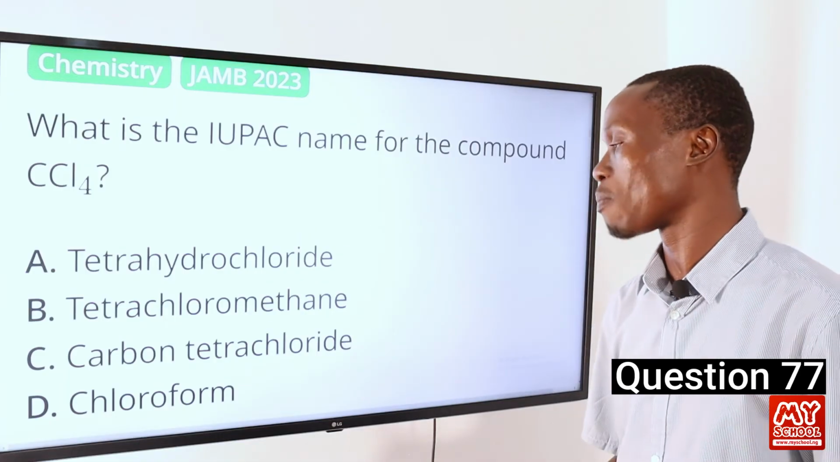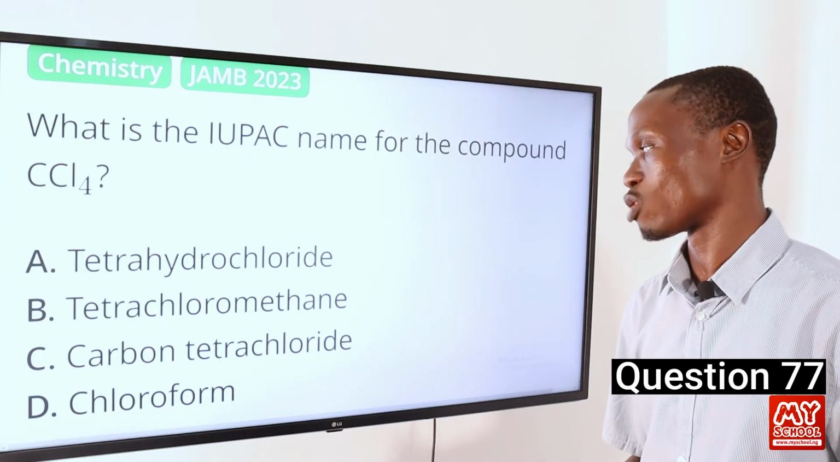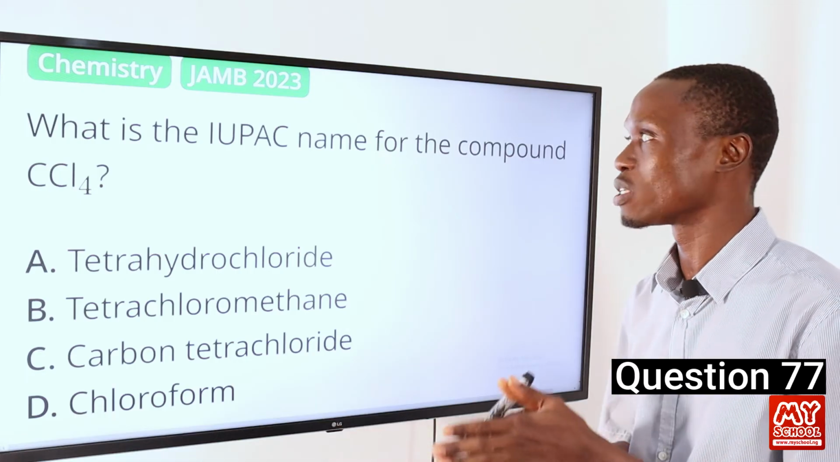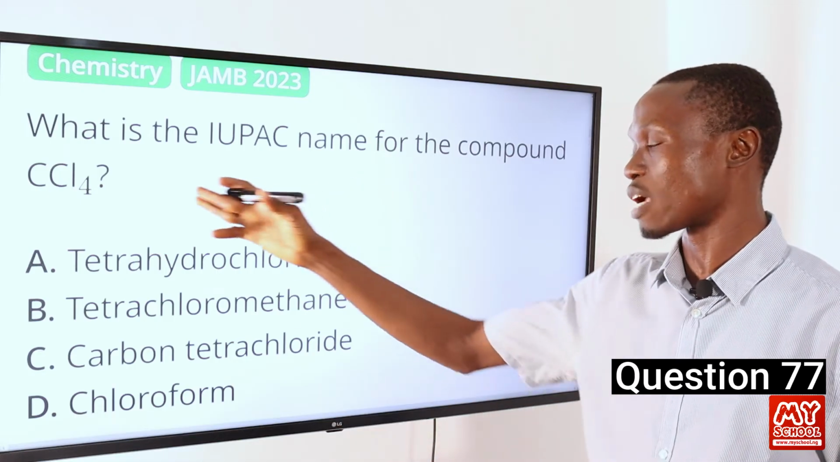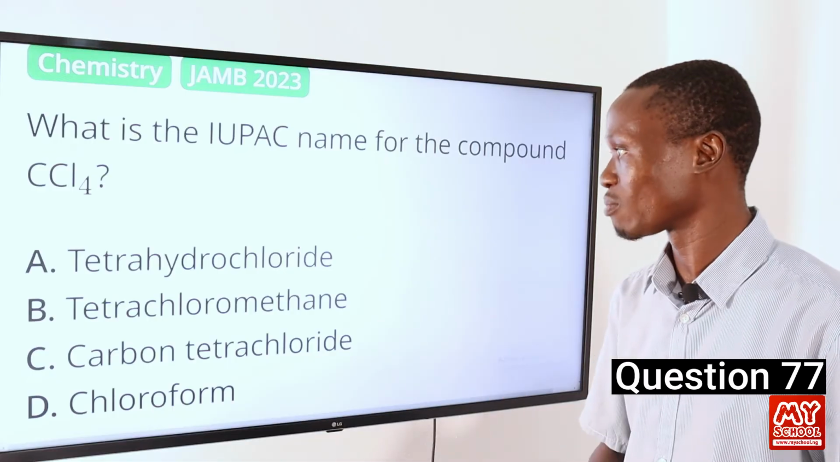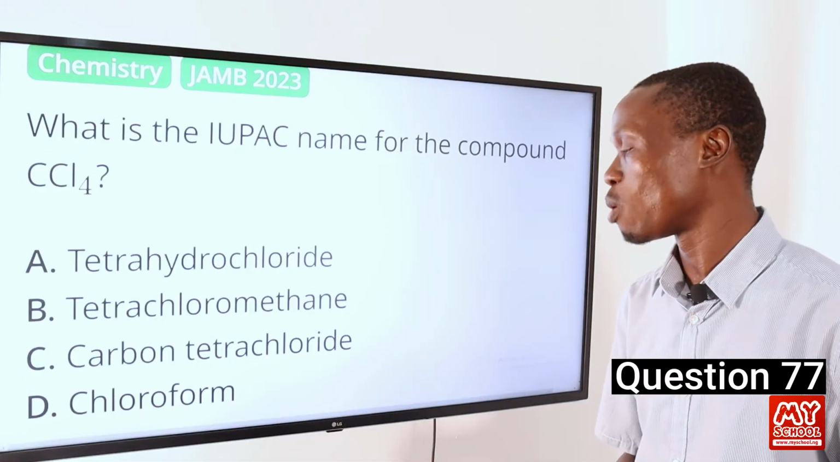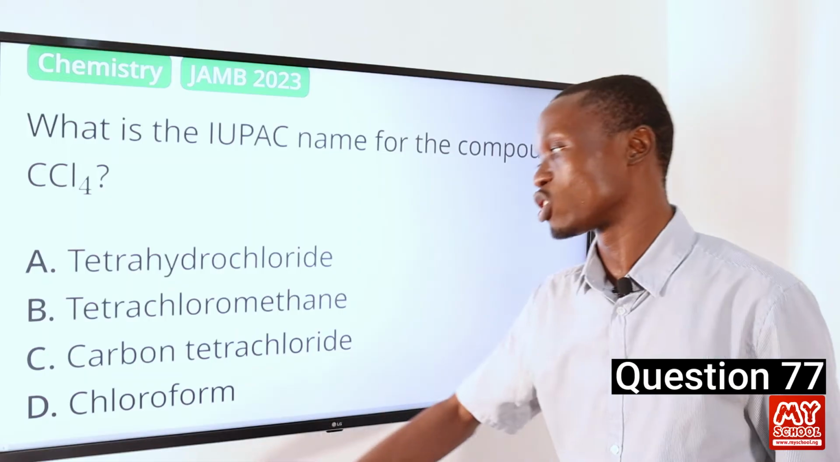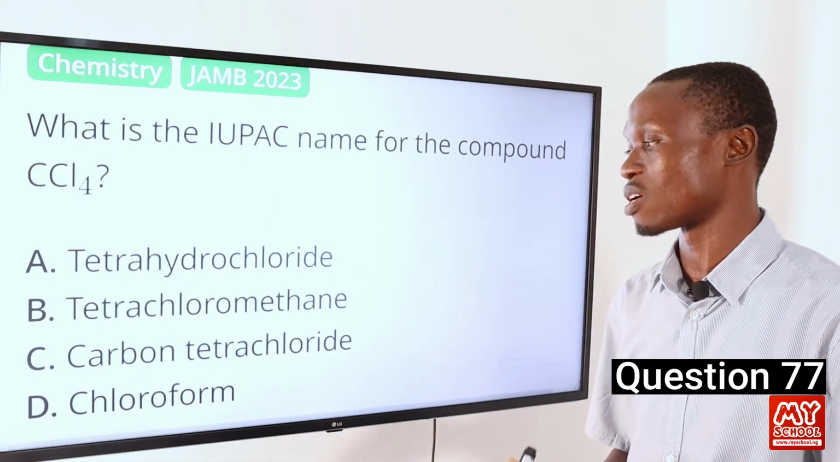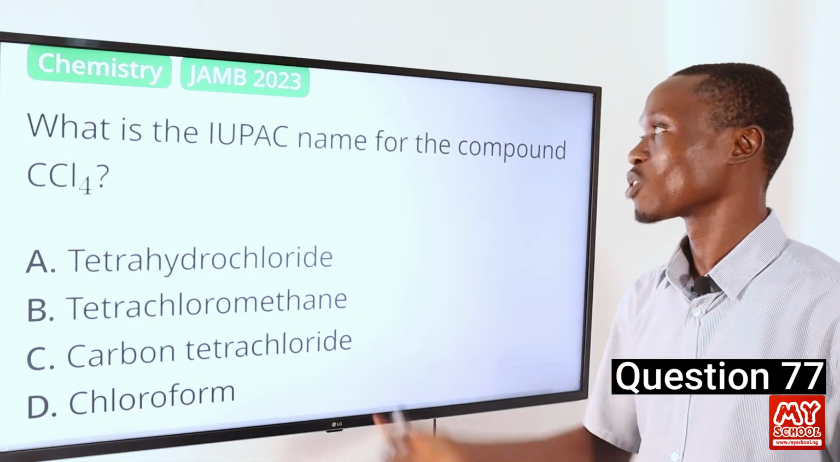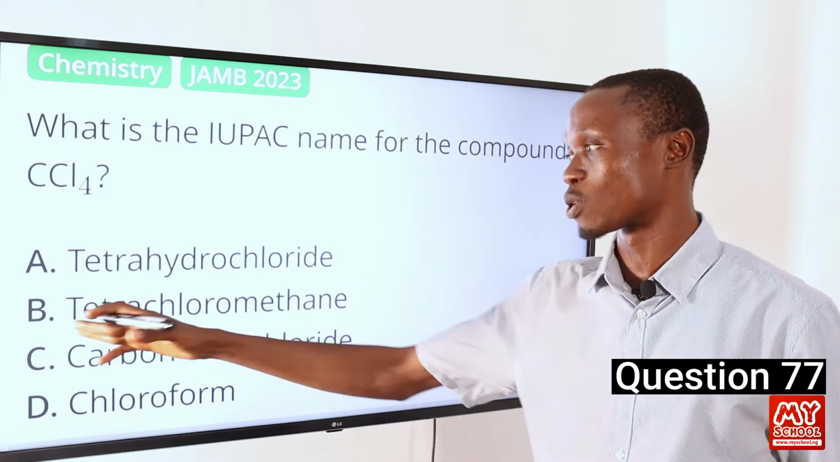Okay, so the compound on the board can as well be called carbon tetrachloride. But the question is the IUPAC name. So the IUPAC name of the compound on the screen is tetrachloromethane, while option D, which is chloroform, is trichloromethane. So the correct option to this question is option B,